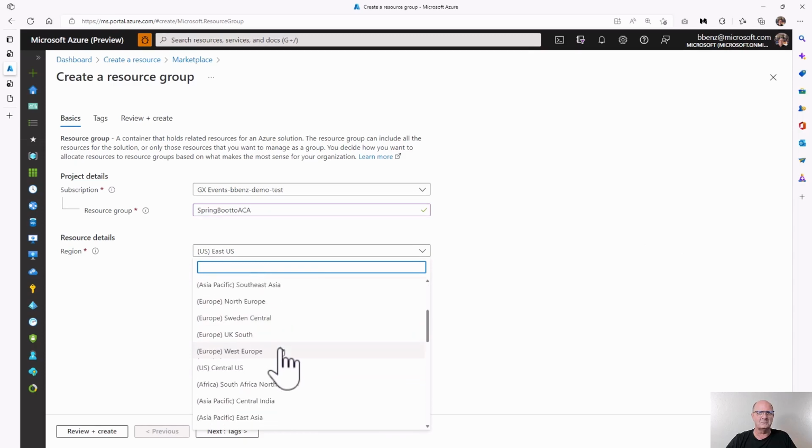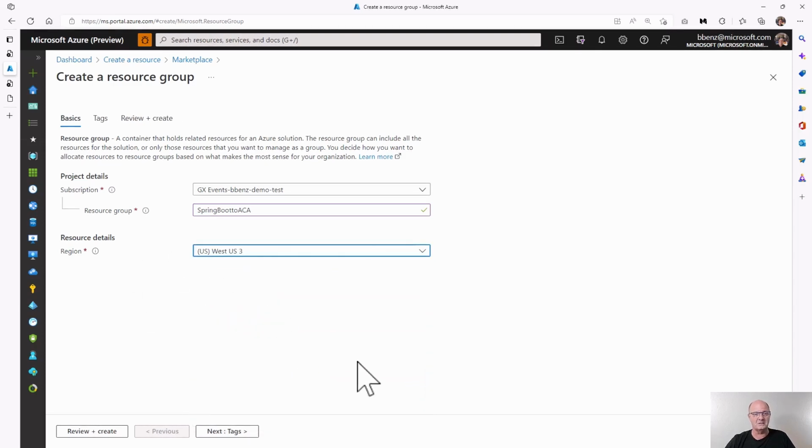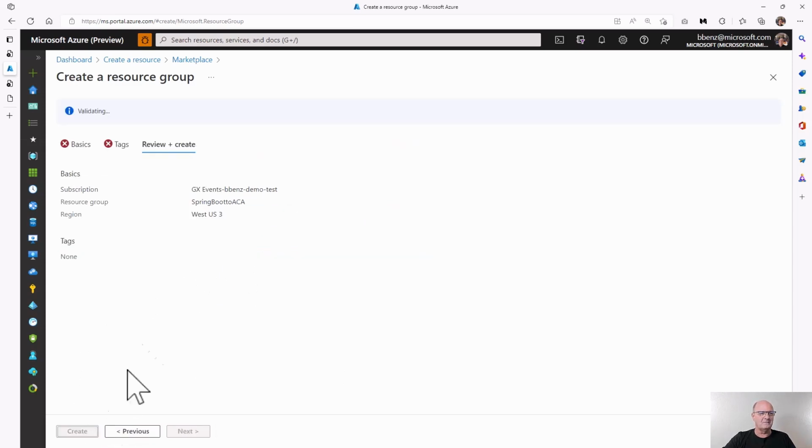Let's go with that. There's multiple regions that we could put this in. And by the way, you can have things in your resource group that aren't part of the region that you create this in. But for me, I'll just do it this way. So it looks like the resource group is cool. And I'm going to use resource group location, West US 3. Create. All right.